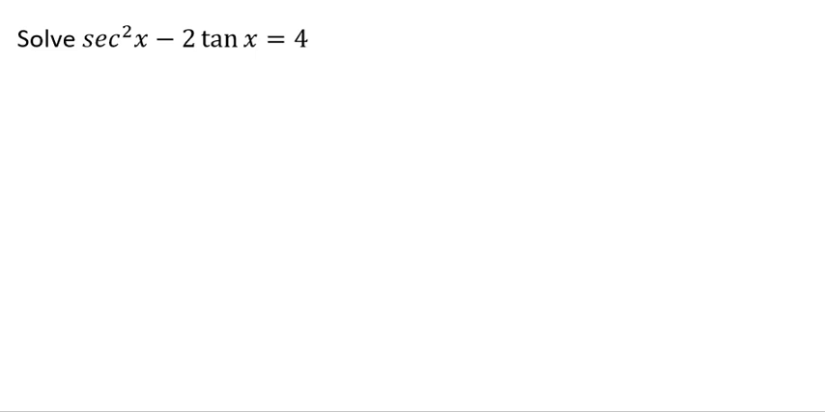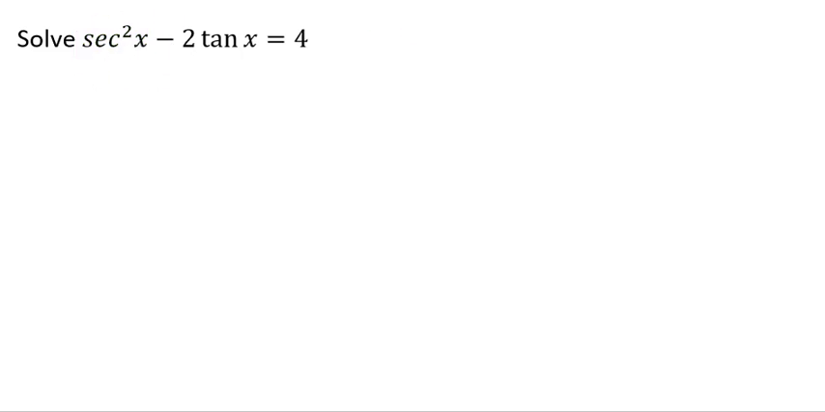In this video, we're going to be solving the trigonometric equation using inverse functions. Here we have the secant squared of x minus 2 times the tangent of x equals 4, and we want to write it all into one trig function. Now, because the secant squared of x has the squared, we are probably able to use the Pythagorean identity to